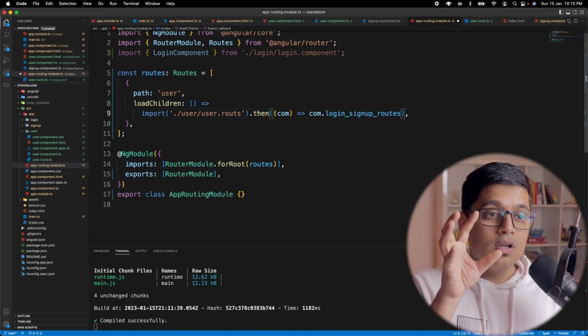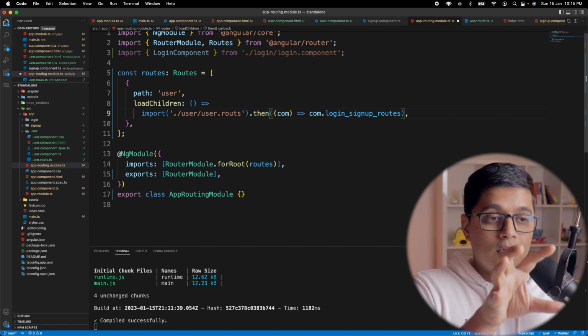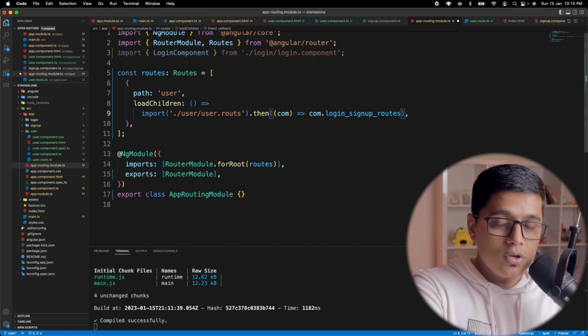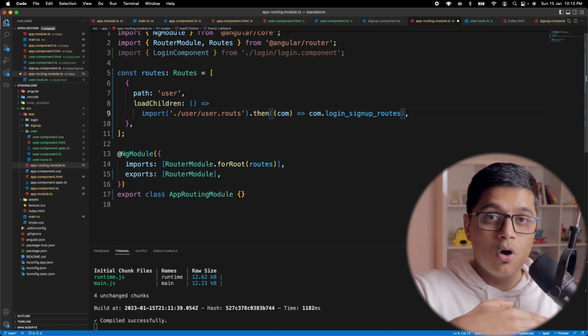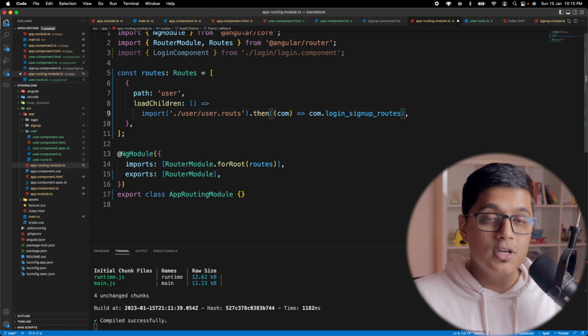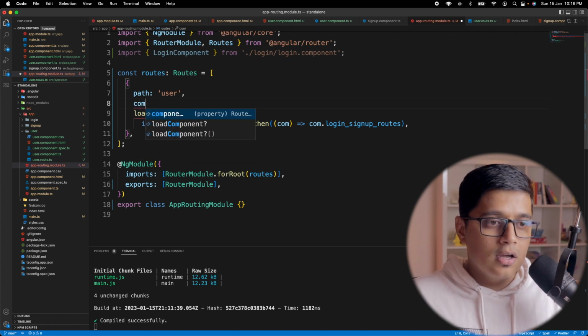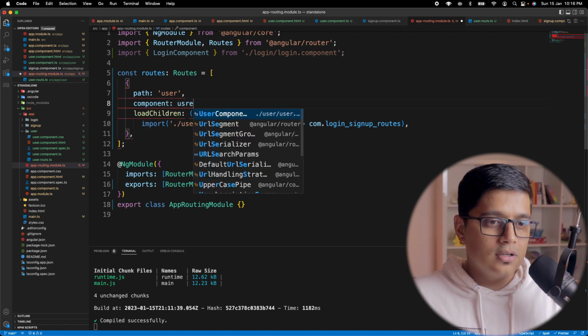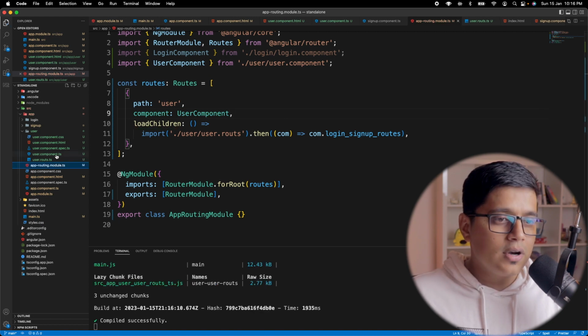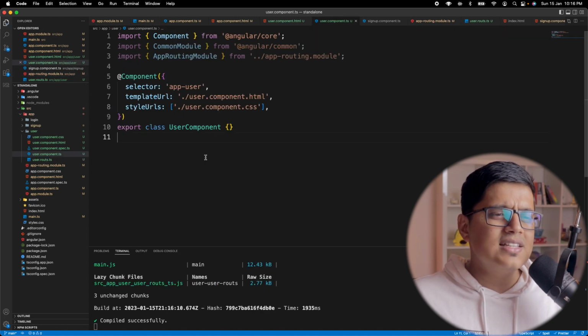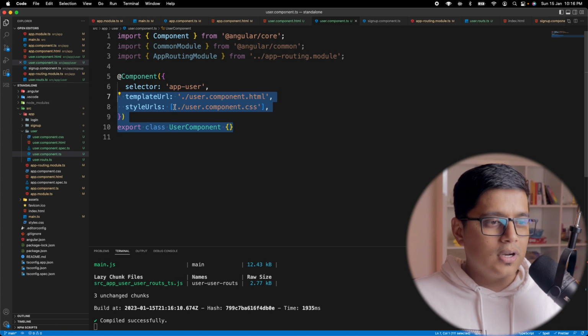Now from the route point of view, like from the user point of view, when the user loads, it will lazy load all of our components together. Now to lazy load this component, we'll add component as user component. In our user component, what we have done is just a normal Angular component, and inside that